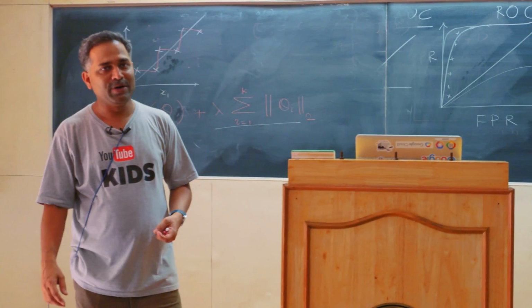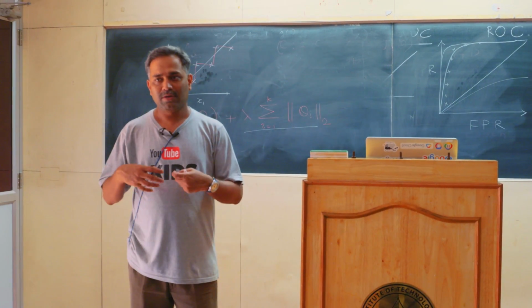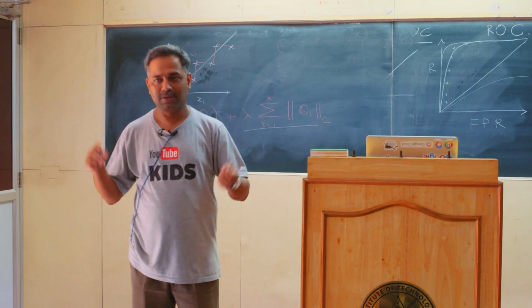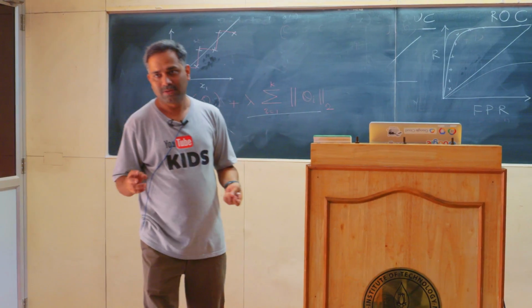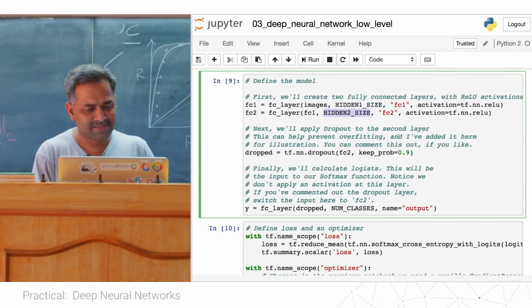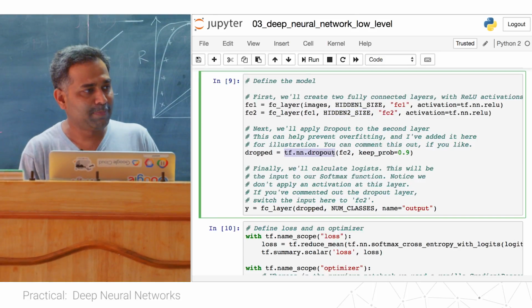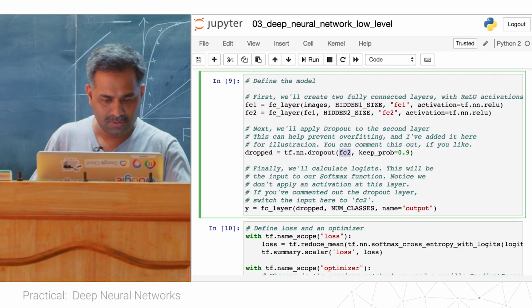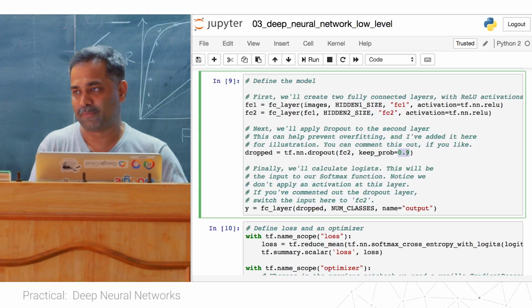In dropout, I kill some of the neurons at random in every training step. Some of the neurons will just not be present and will not be updated. That's called dropout. So I can simply say tf.nn.dropout. I apply dropout after the second layer, with a keep probability of 0.9, a dropout probability of 0.1.